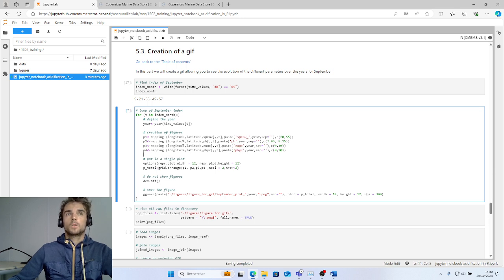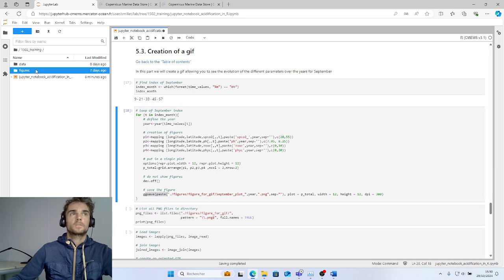We put all figures in the second plot here, and we save here. It is to not show the plot, and here we save all figures in folder figures for GIF. We put one figure here.